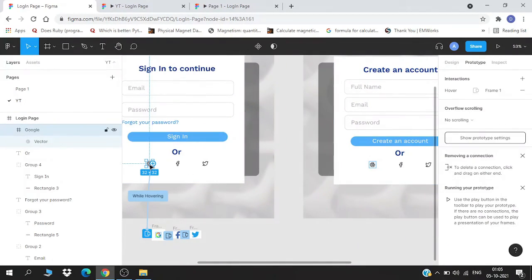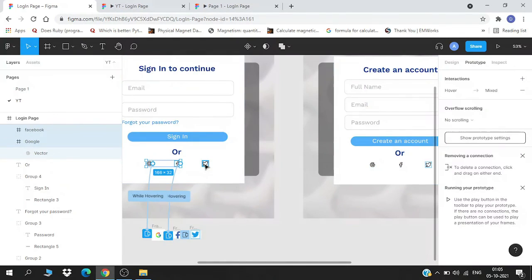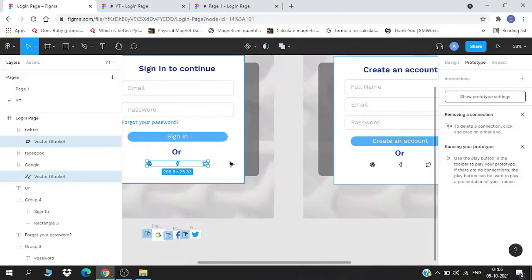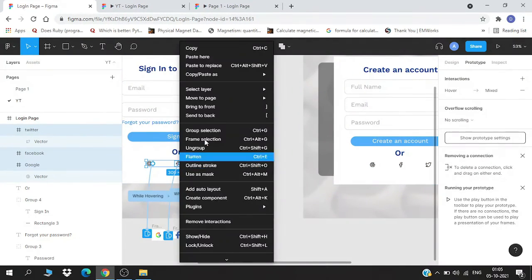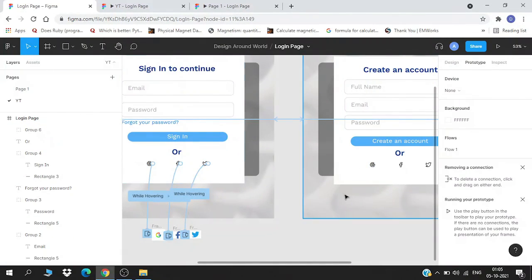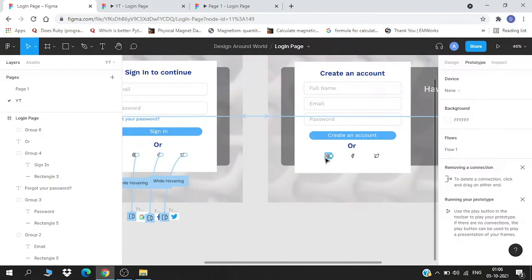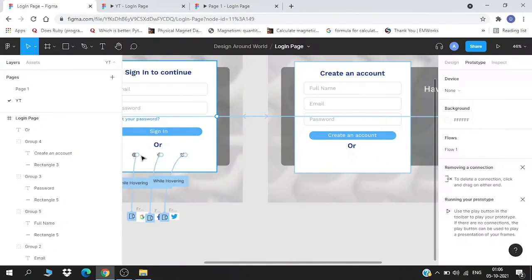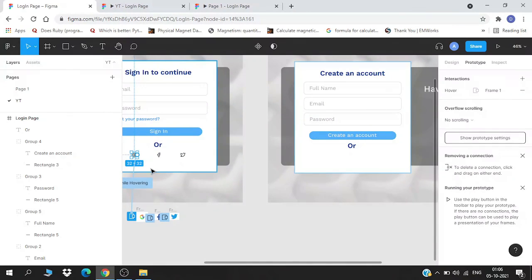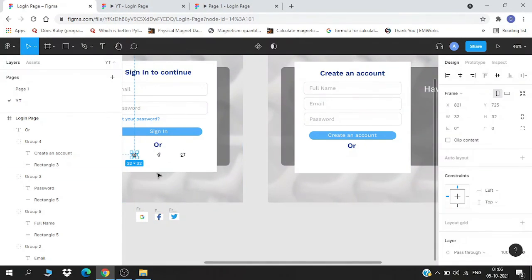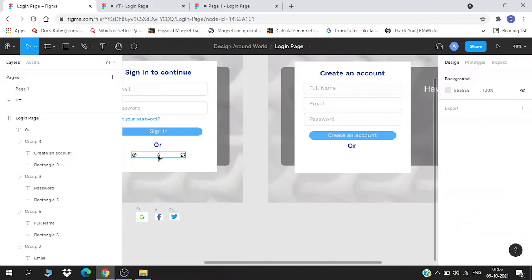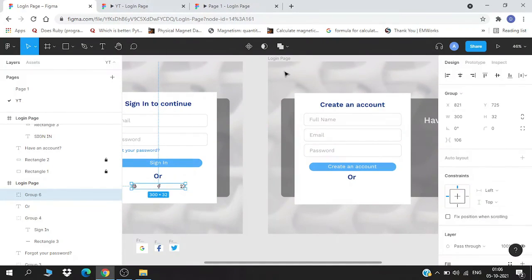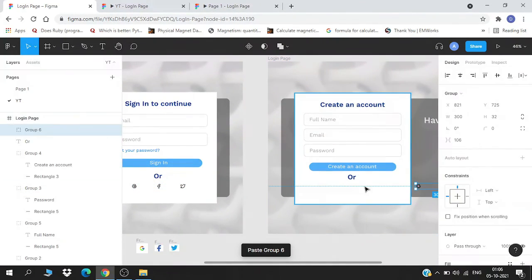Now actually we can group them also. This will be easier. Okay, so for the easy process, I can just copy those, and I'm going to delete this. I'll copy this group. First I'll move out of this. I'll copy this group and paste it here.